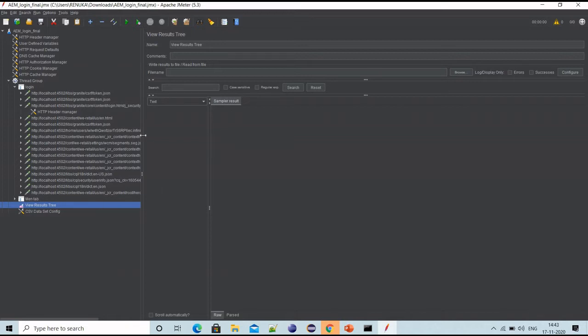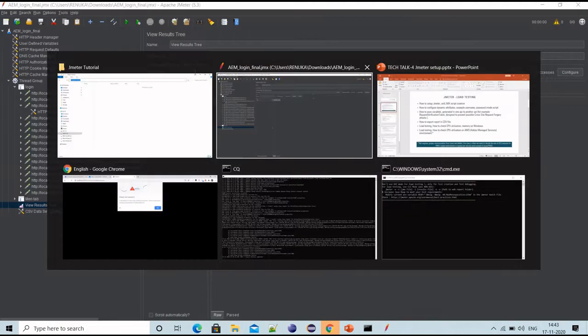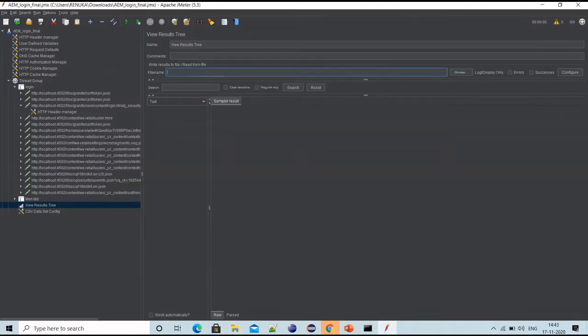If you want to add results table, that also we can add. It is similar, but we will have a different kind of layout. Here we have the option to give the file name in which we want to have the output. For example, if I'm storing the output here, I will provide the folder name and then I will provide the file. I will just type in performance.csv,